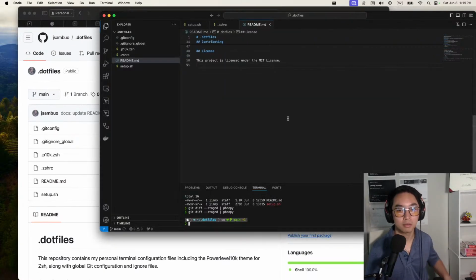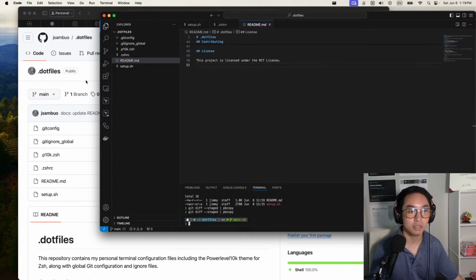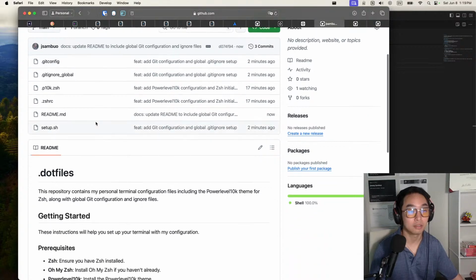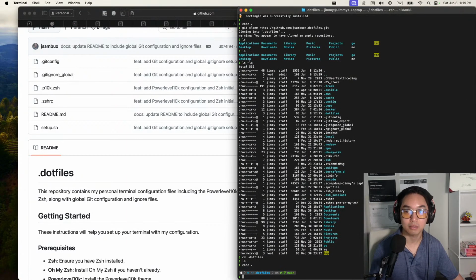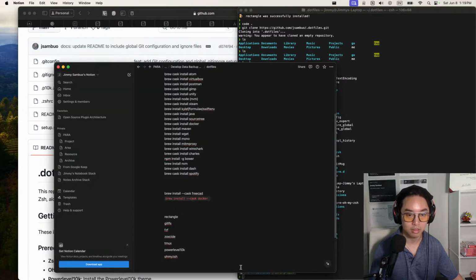Okay. And then, so that's pretty much it for my dotfiles. That's a start. Pretty happy about that. Now, I kind of want to play around with a few things. Like